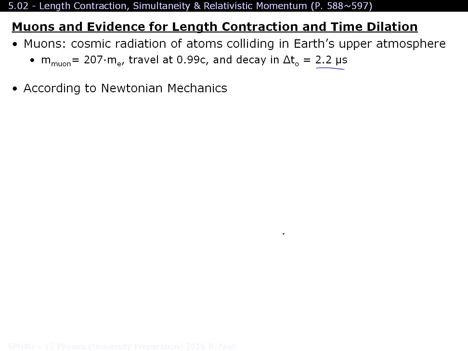All right. First off, let's just go through the classical math. According to Newtonian mechanics, if d is equal to v delta t, then technically speaking, when you go through all the math over here, it only has a chance of traveling less than a kilometer through the